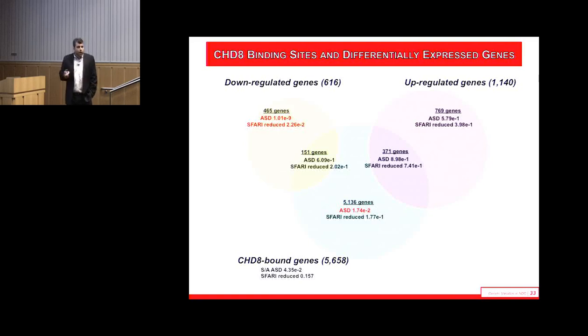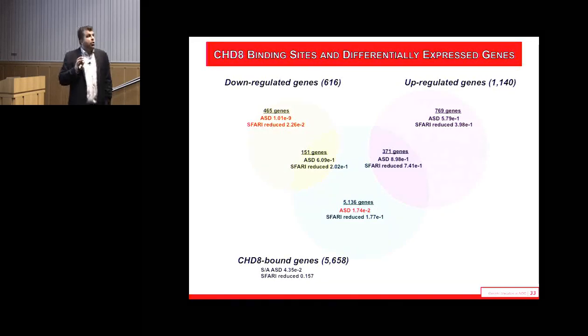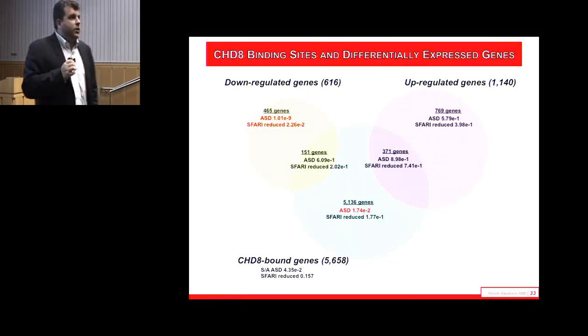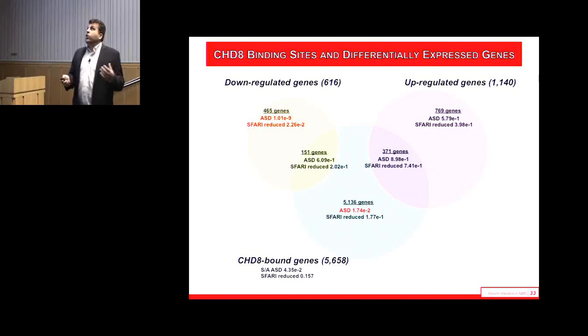But there's one thing that's special about the SFARI genes, and that is they weren't just discovered by genetic variation, they were also discovered by neurobiological hypotheses and functional studies. So genes involved in synaptic formation and that were studied based strictly on neurobiological hypotheses and model systems are also included in that set. And in fact, when you look at the indirectly downregulated genes, so not bound by CHD8, that's where that signal was coming from.